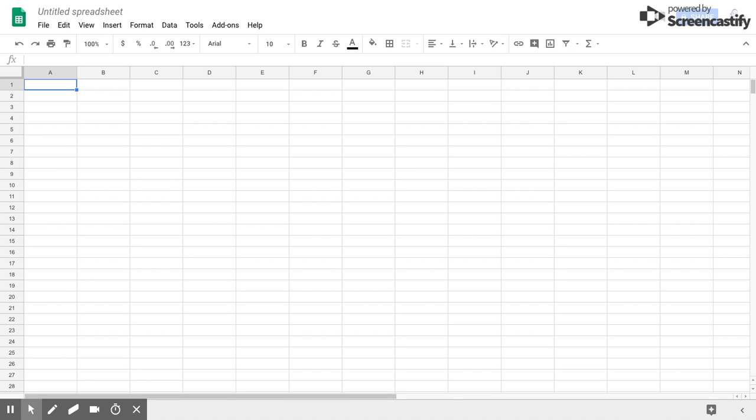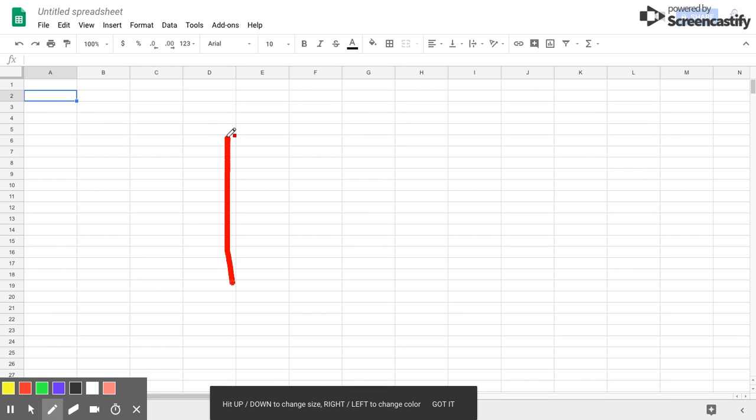To make a graph using Google, you will need to start by opening a new Google Sheet. Next up, we want to enter the values. So for example, if I want to make a graph, and this is my axis,